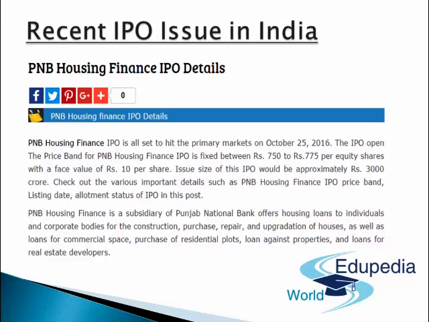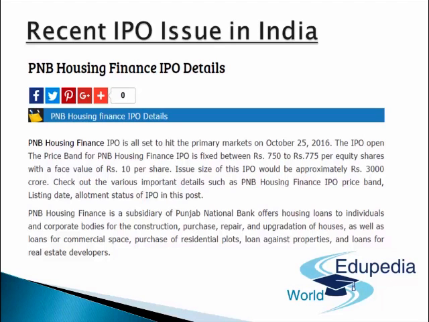The entire details regarding this IPO are published on moneycontrol.com as well as NSE, or you can go for chittorgarh.com as well. So you'll be able to extract the information about this IPO, which is soon going to release on 25th of October. PNB Housing Finance is a subsidiary of Punjab National Bank, offering housing loans to individuals and corporate bodies for construction, purchase, repair, or renovation, as well as loans for commercial space, purchase of residential plots, and loans against